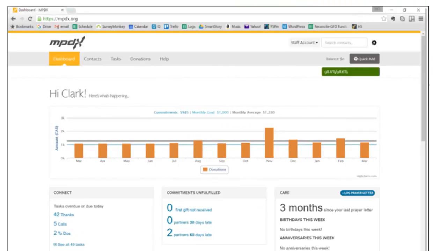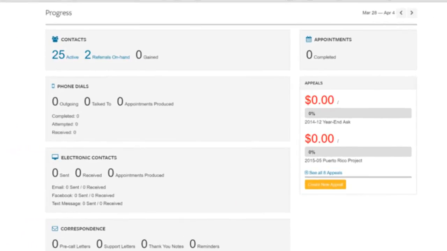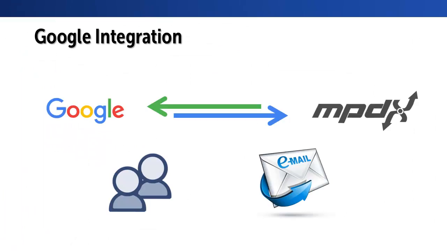MPDX offers a helpful dashboard that displays 10 static boxes, including a snapshot of what's going on with your support, as well as your MPD activities this week. As I mentioned before, the beta app does not link with your